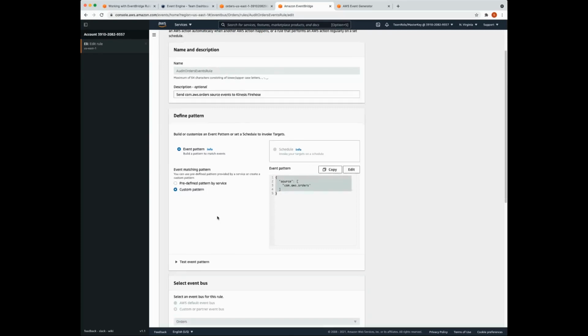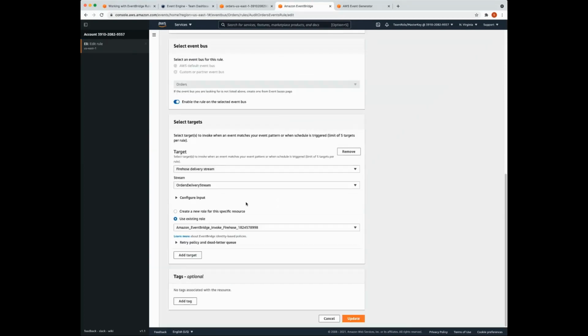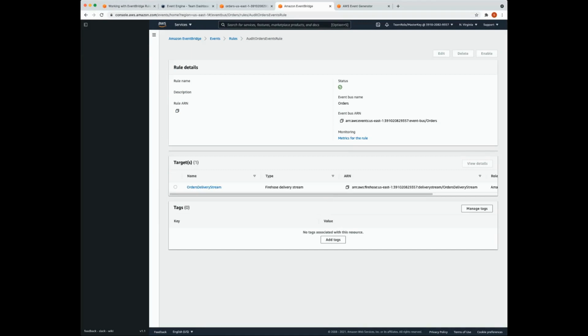This JSON is valid. We selected the correct event bus. We've selected the correct delivery stream. And we have selected to use an existing role. So everything looks good here. Is everyone following up to this point? Just indicate in the chat if you've caught up with where I am.